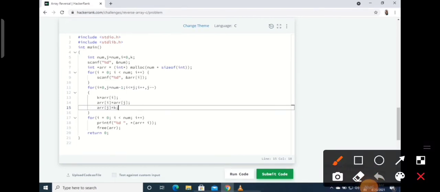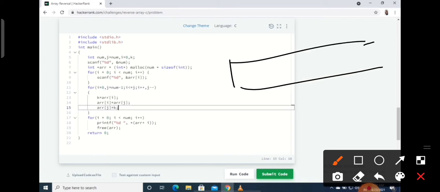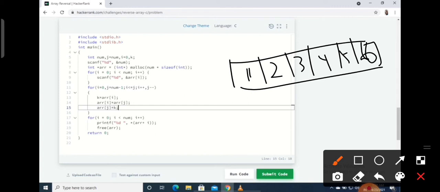In this, for the swapping operation, k is the temporary variable. It stores the element of array of i. That is, now i is equal to 0. So, the same concept, 1, 2, 3, 4, 5 and 6. In this, first we have to swap 1 and 6.